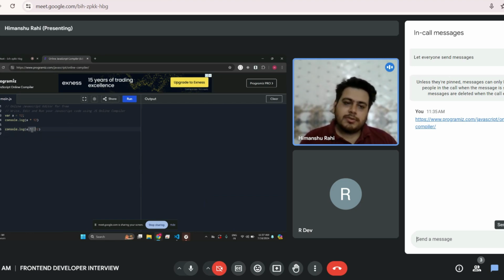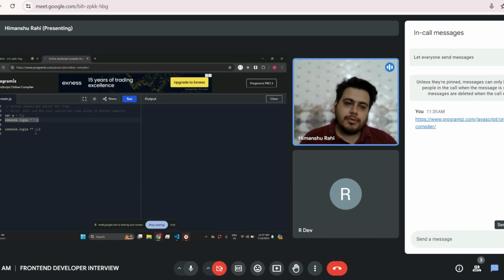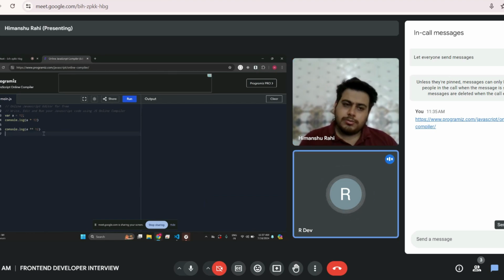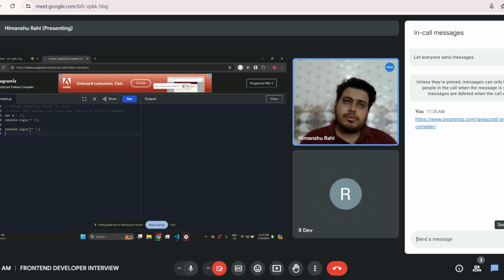Actually, I'm not sure about that. What would be the output of this console? So the first one would be 144, and for the second one, do you have an idea what double into does? What it will do? Double multiplication. I'm not able to recall it right now.